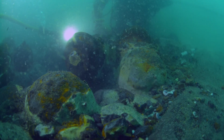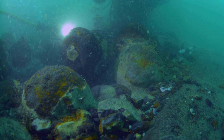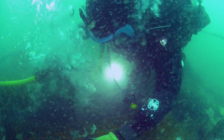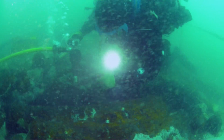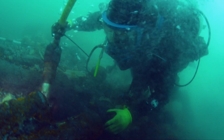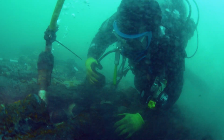It was a real challenge to try and excavate and recover these swivel guns. All of that iron had caused it to become concreted and stuck to all of these cannonballs. So we couldn't just use an airlift like we're doing on the rest of the site that sucks up the sand. We had to use some real commercial tools which enable us to release the swivel guns from this mass of cannonballs. So it took many hours, probably per swivel gun between 6 to 8 hours to try and deconcrete